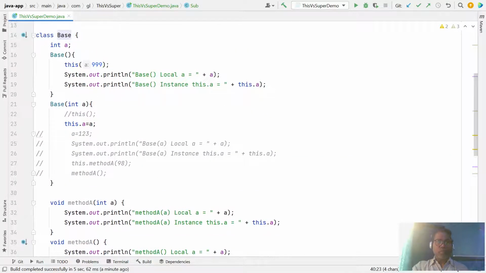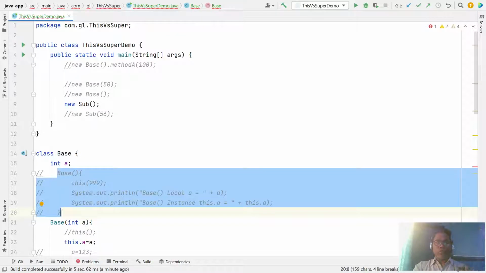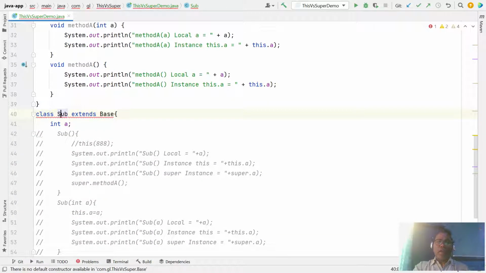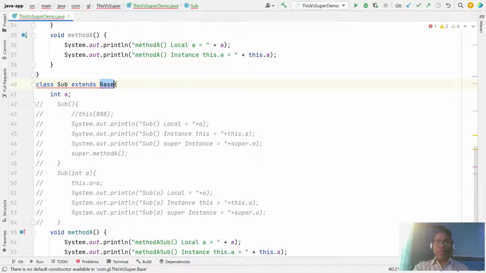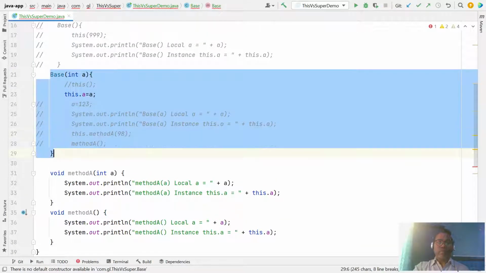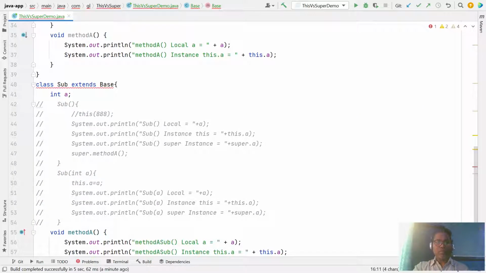Let us assume in the base class you have not defined the default constructor. Please ensure, whenever you write a subclass that does not have any constructor, but the base class has defined only the argumented constructor, that by default the compiler does not create the default constructor. So the compiler here says no default argument constructor.